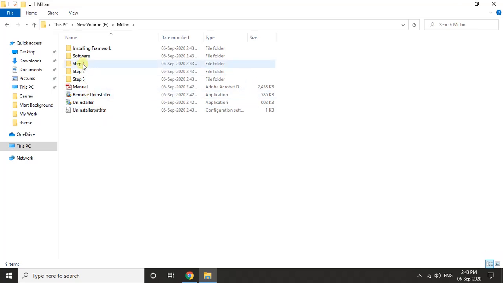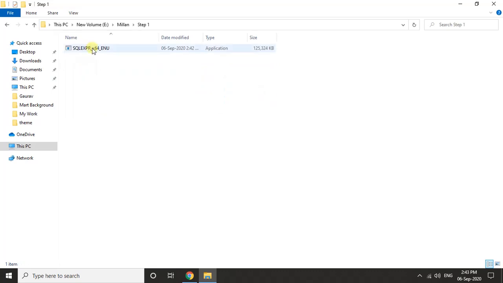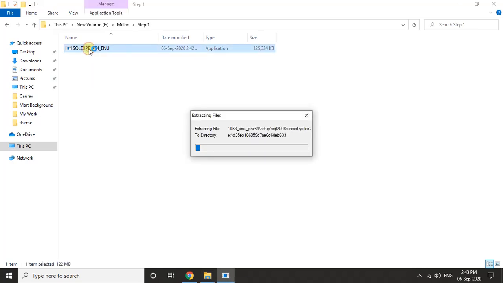So first of all we will go to step 1, double click. As we are using 64-bit Windows 10, so we will install the 64-bit Windows SQL Express version. We will double click the icon in front of us. The extraction process will start.